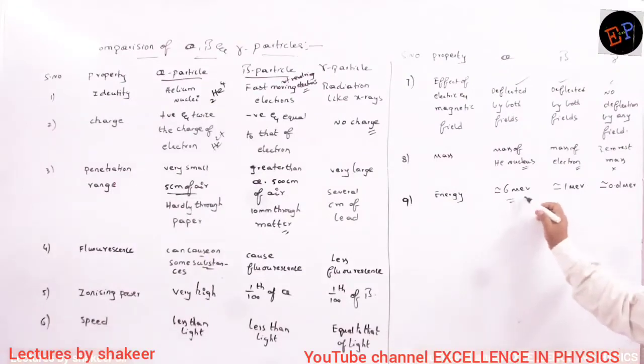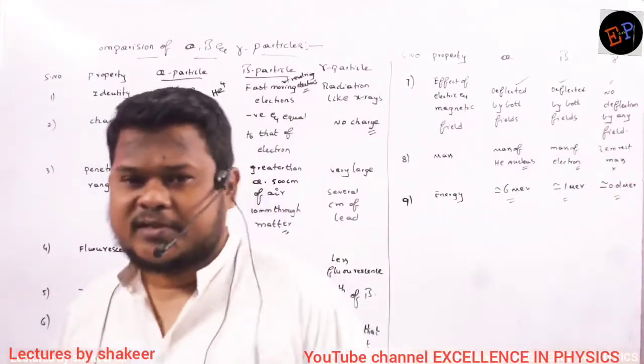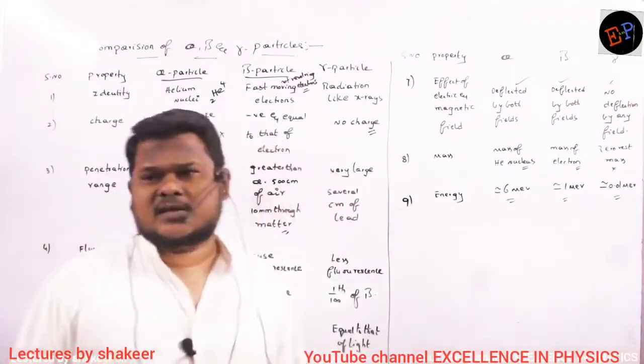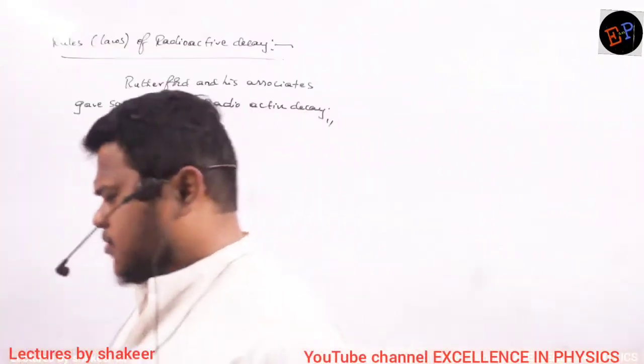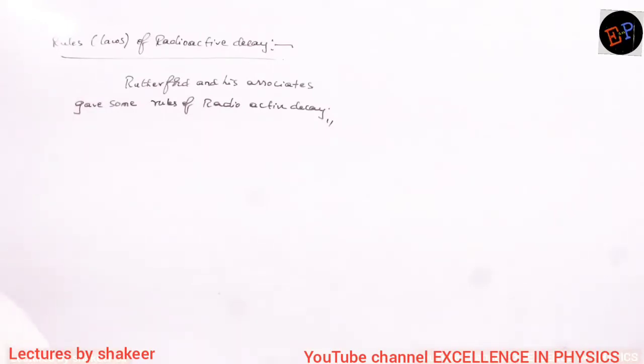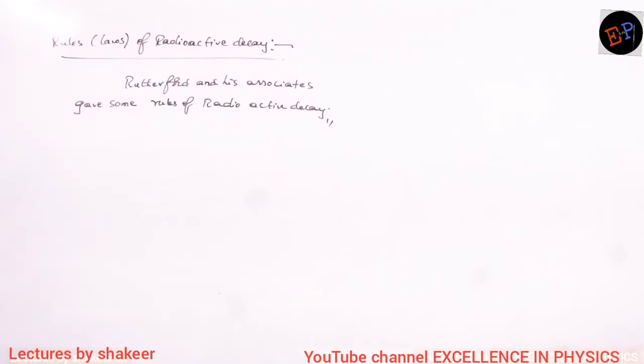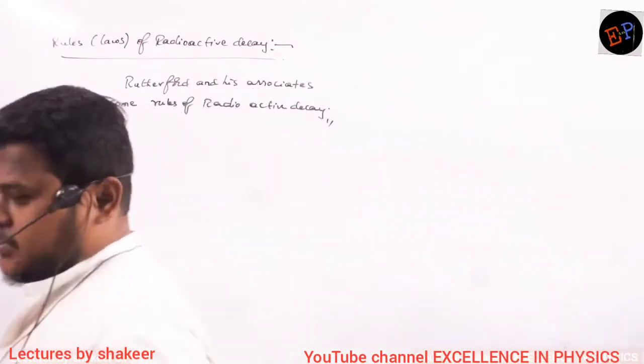So energy is approximately equal to 6 billion electron volts for alpha, approximately 1 million electron volts for beta, and it is 0.01 million electron volts for gamma. So which is the least energetic particle? Gamma is the least energetic particle, and the highest energetic particle is alpha particle. Physics. So most of the questions may be theoretical bits rather than problems. Theory bits also have a good chance of getting asked in modern physics. So listen to the concept very carefully.